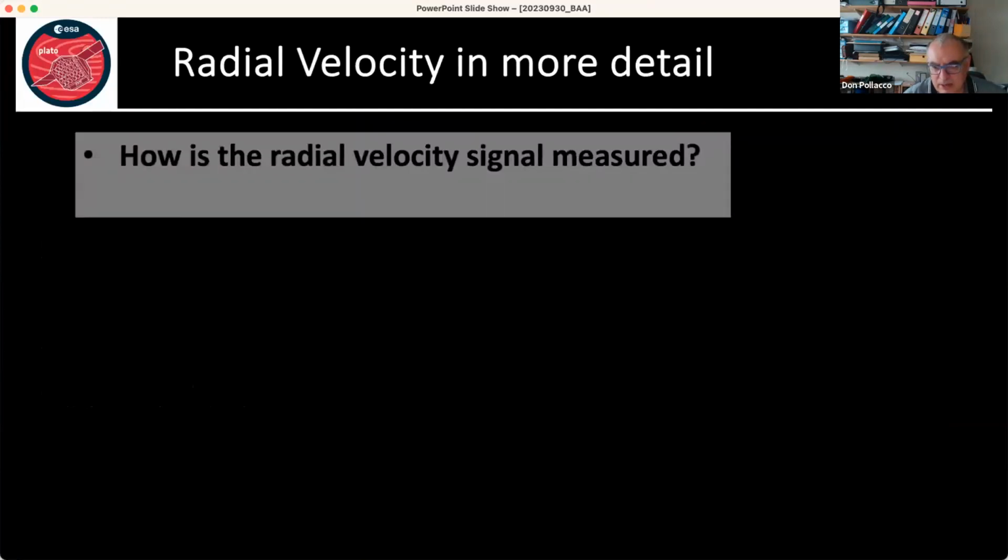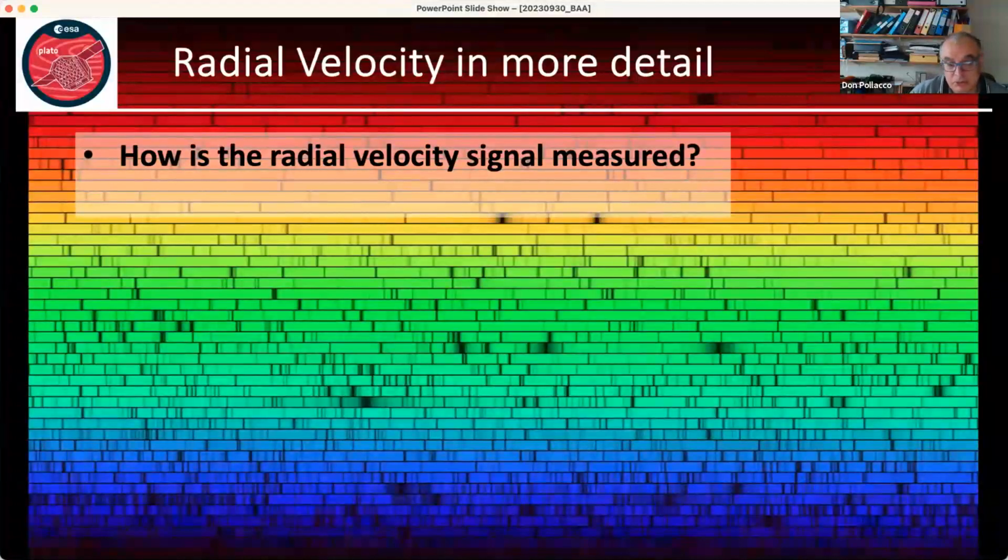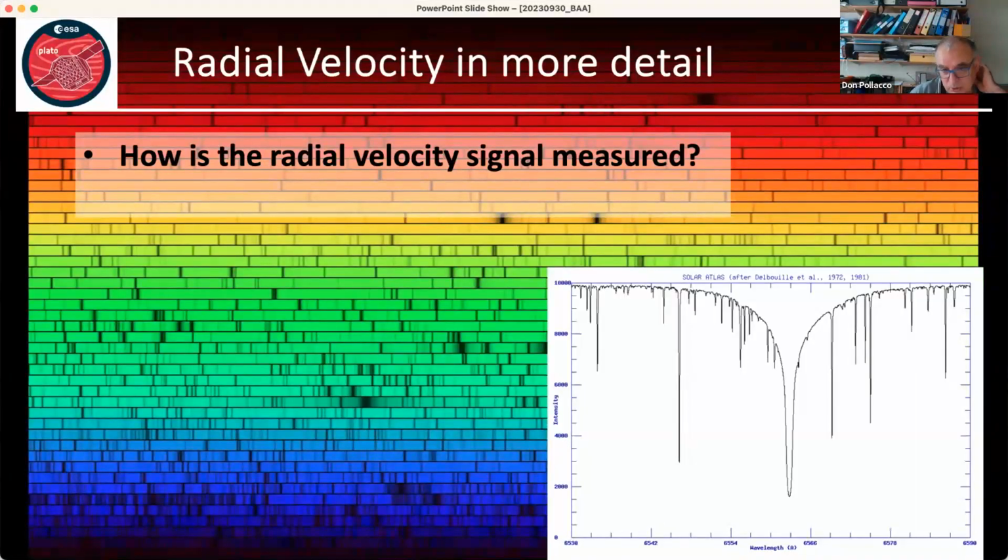So how do we measure it? Again, Roger mentioned this, but I just want to show you some real data. So how do we measure this signal? The background is, I don't know which star it is, but it's an echelle spectrum of a star. You can see all the absorption lines. You can see lots of broad lines, which are horrible for measuring radial velocities from, but the really narrow lines are more interesting. So there's a cut of one of those orders. That's actually the Sun. And you can see the broad line there. What's that? That's hydrogen alpha. And you can see all these narrow lines around it. So trying to measure the position of that line accurately is not so easy,